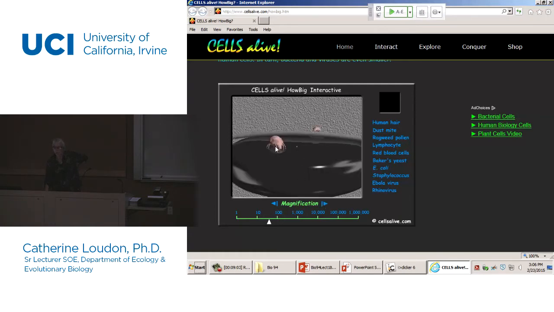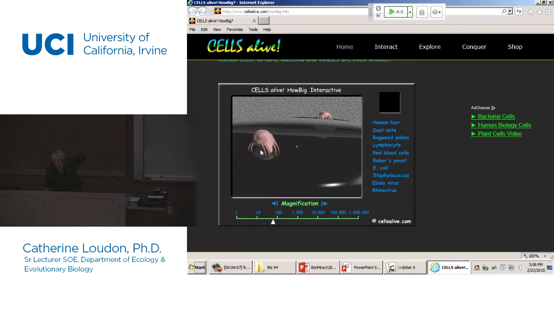This little pink creature right here, as we zoom in, you can see that it's something with jointed appendages. So you might not be surprised to learn that this is in fact a dust mite. As I mouse over, you can see that it appears in this otherwise blank area right here. So a dust mite is an example of a member of what? One of the phyla you just learned about, the arthropods, right? The exoskeleton-covered organisms with jointed appendages. Includes all the mites, including the dust mites. There it is. And so they're about the same size as the width of a human hair.